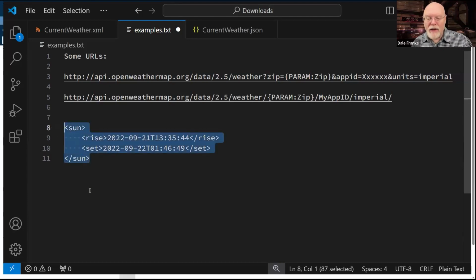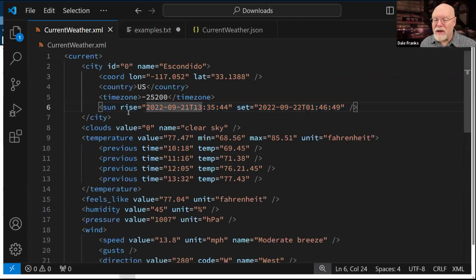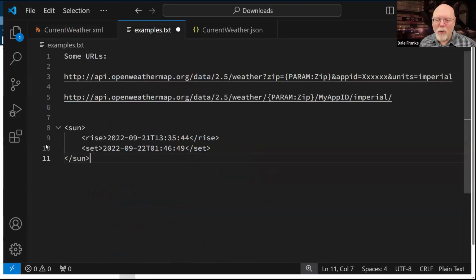I can write it this way, but as you can see, it's a little more verbose, although a little bit easier to read. But I can also, for brevity's sake, include what are called attributes for the sun node. And the attributes themselves are data, and they are accessible through XPath. But that's about the most amount of variation between this line here and, if I wanted to, expanding it out to make it more readable, this line here.